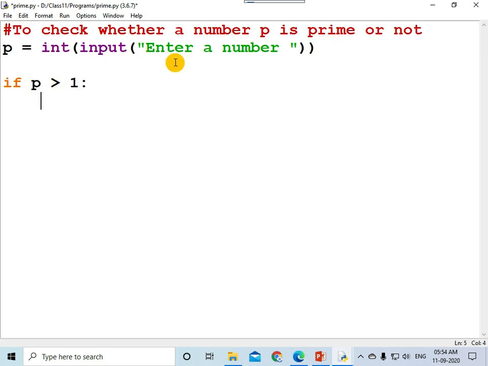Okay, so for the time being, what will I do? I will write an empty statement, pass. Later I will change this. Okay, now else if p equal to 1, what is the meaning? It is neither prime nor composite. So maybe you can write